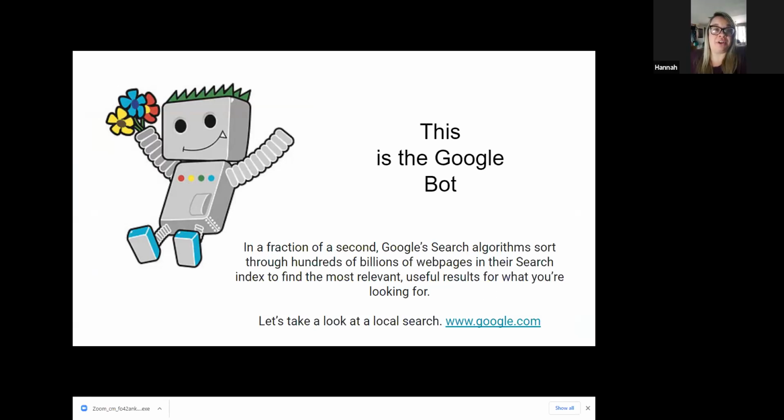So back to our search, okay? Once I put in those words, this is a Google bot. This little guy is who's going out to the algorithms to sort through all those hundreds of billions of web pages to find the most relevant, useful results for